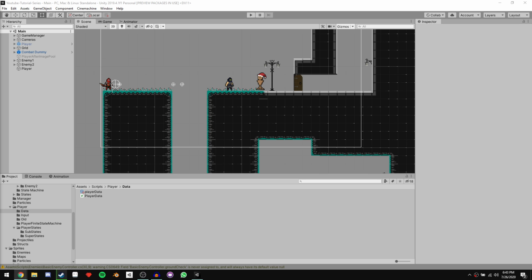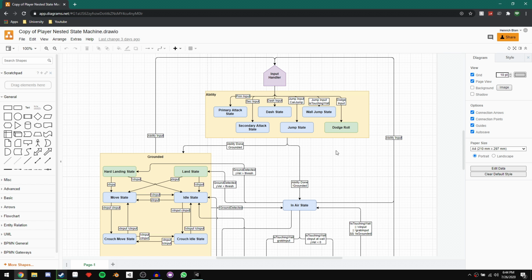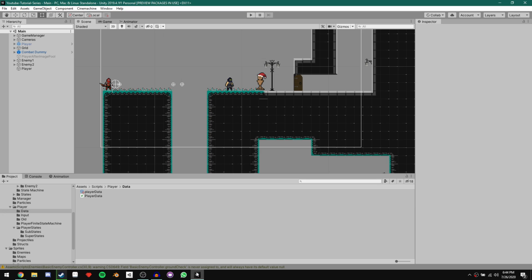Last episode, we set up the finite state machine and got started with our movement and idle states. So to get our jump working, we're going to take a look at our ability superstate, our jump substate. We also need to take a look at our in-air state, and then lastly, we'll look at our land state. So to get started, let's head over to Unity and create the scripts for each